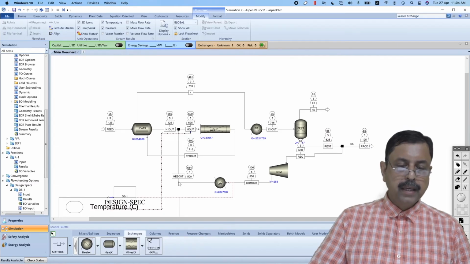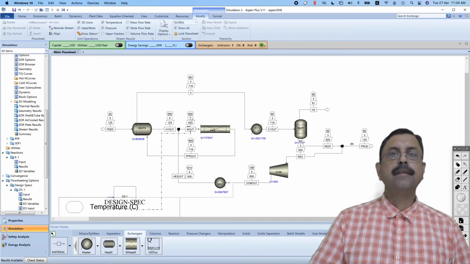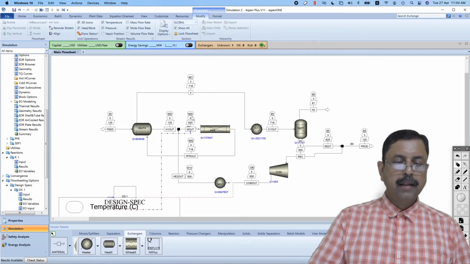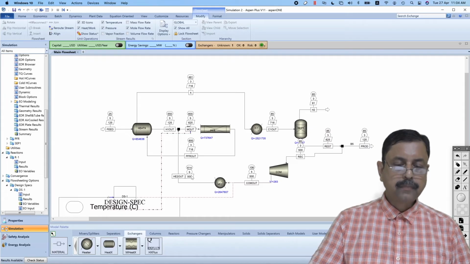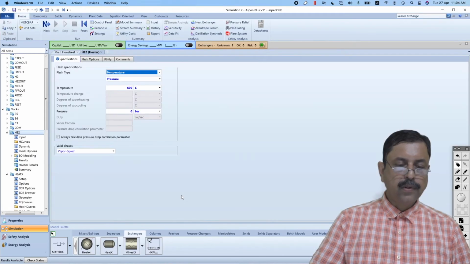That means if the temperature of H2 out is 614 degrees centigrade and H1 out is 550 degrees centigrade, then this mixer will send out a combined flow which will be of 600 degrees centigrade temperature. And this is the ideal temperature for the PFR to work. Okay, so we have fixed our HE2 out at temperature 614 degrees centigrade,